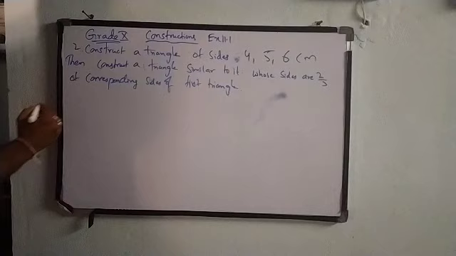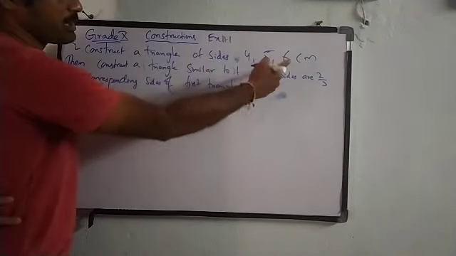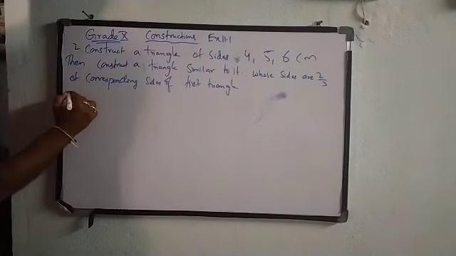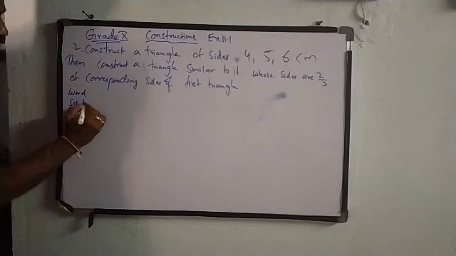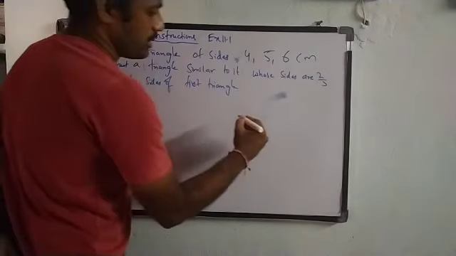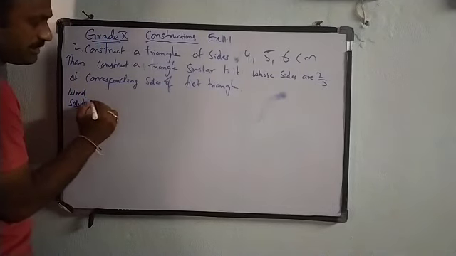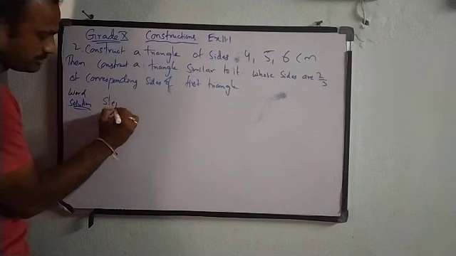first triangle. Okay. See, first, from the 7th class we have been learning how to construct a triangle with the given 3 sides. So let us see how to do that. Parallelly here we need to write the steps as well as draw the figure. So let me write the steps of construction first.